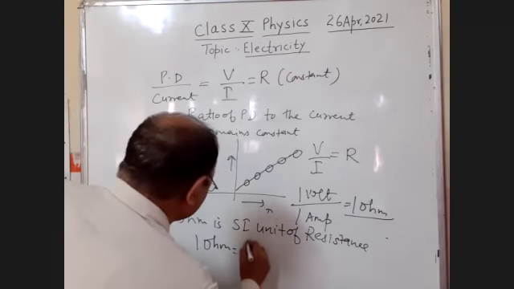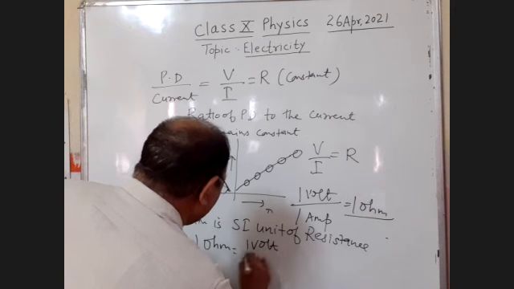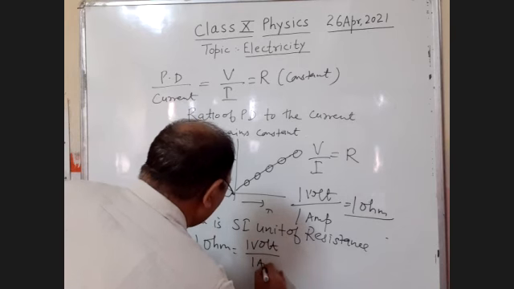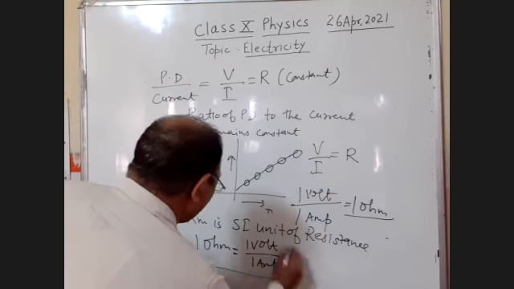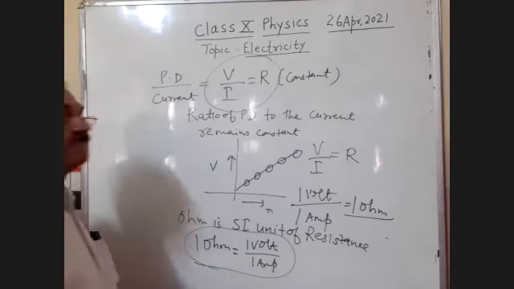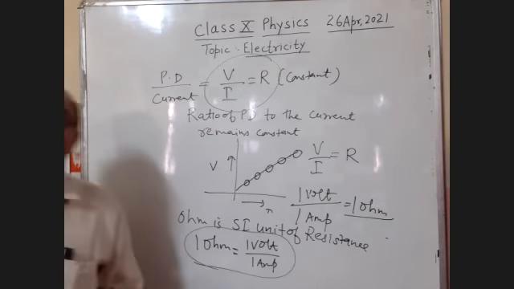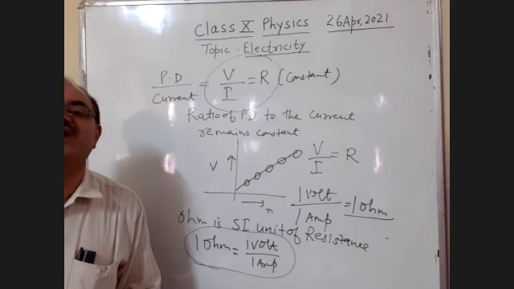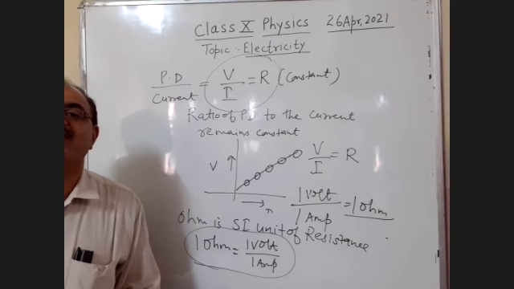Means 1 ohm is equal to 1 volt divided by 1 ampere of current. This is the formula. Please note down, students. This is the total explanation of Ohm's law. Now with the numericals,